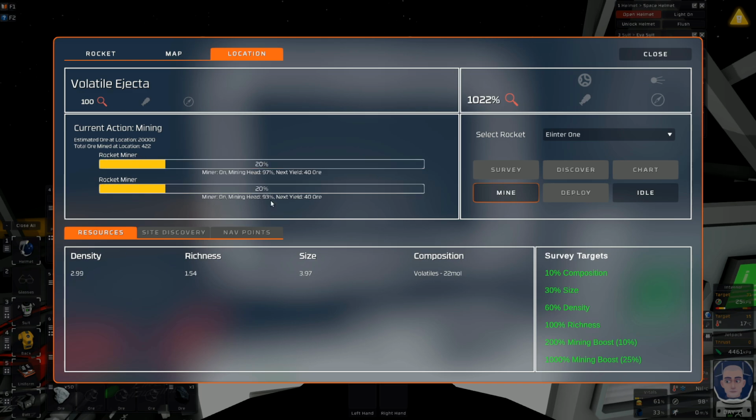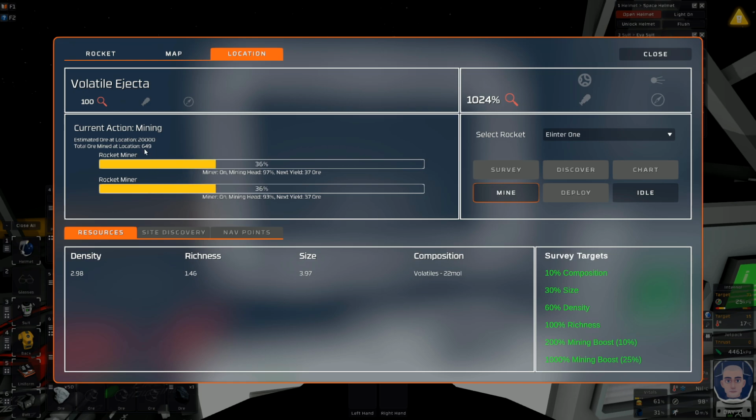In my book, you see I'm getting 40 ores each. This will go down really fast. I think they have the richness and the density go down too fast. You see now I'm down to 38. In one sweep I lost 2 ores. I guess I don't know how realistic that is. I kind of wish it just went down 1. I kind of wish these numbers went down slower while you're mining, but they don't. All right, so